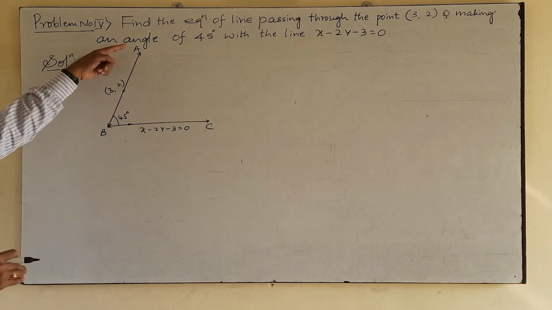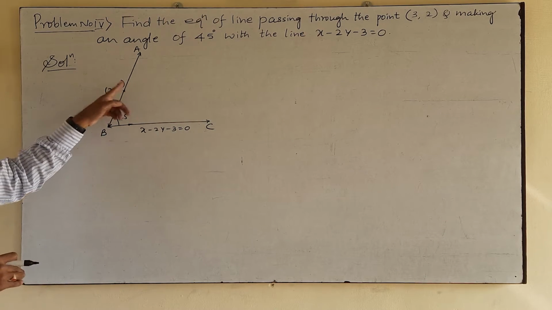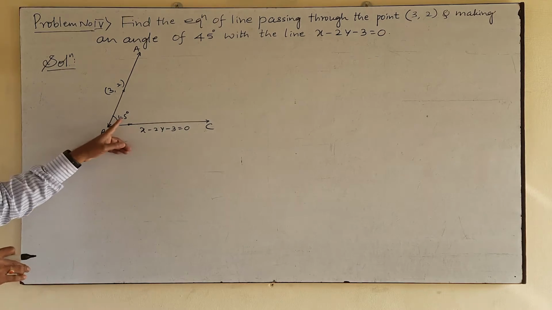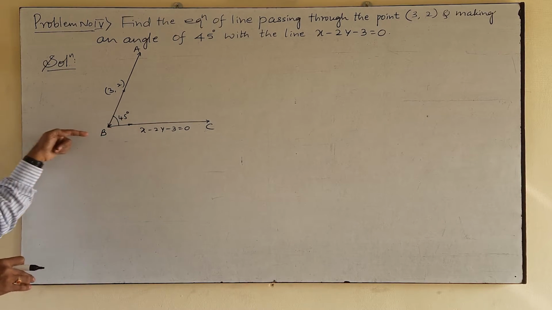Find the equation of straight line passing through the point 3 comma 2 making an angle 45 degree with the